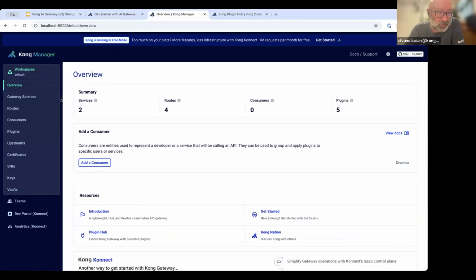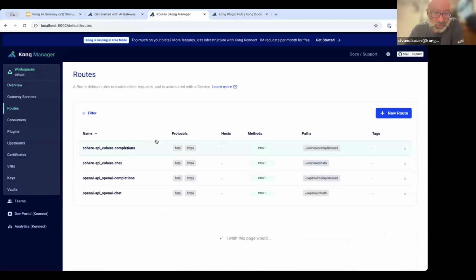And if you go to the routes, you would see that I have the one that I was trying to use that was failing, the one that routes to OpenAI, is this one. And then I just changed it to this Cohere chat. And just by doing this, I changed the LLM providers without changing my request at all, right?